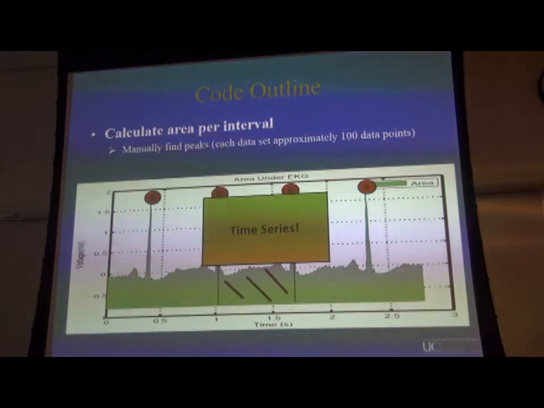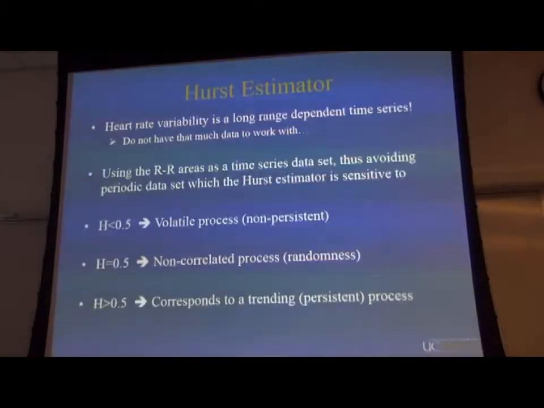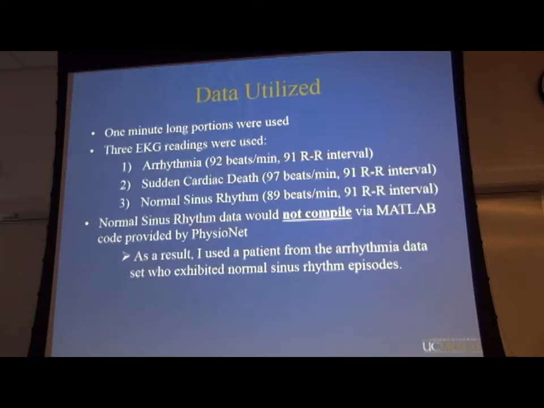So yeah, I'm back, and I'm giving the Hurst estimator data that it can actually use. Like I said before, I'm using the areas so that the Hurst parameter is not really affected. I can use this data because it's not periodic, and for Hurst,